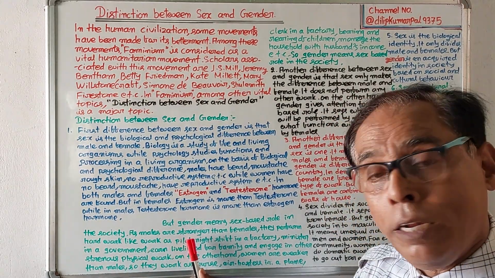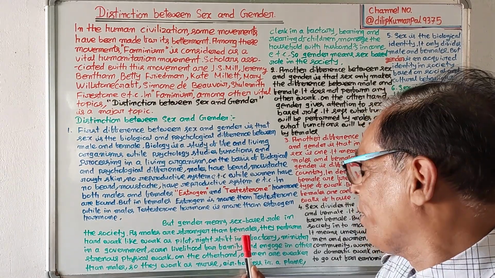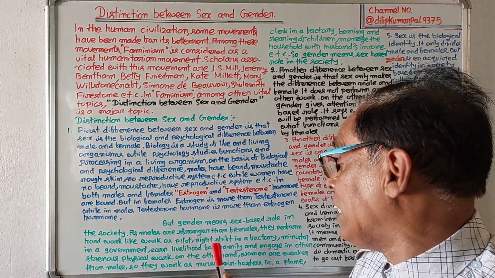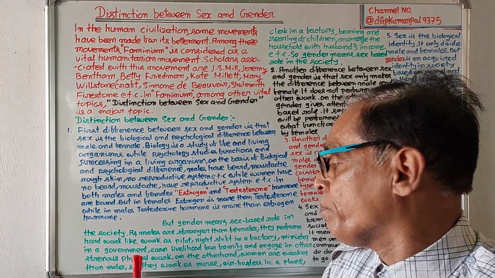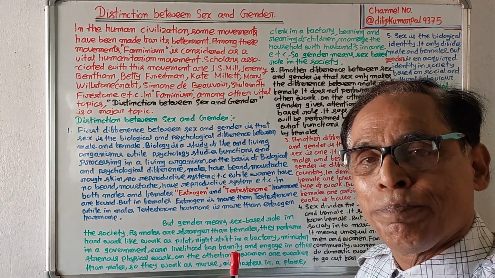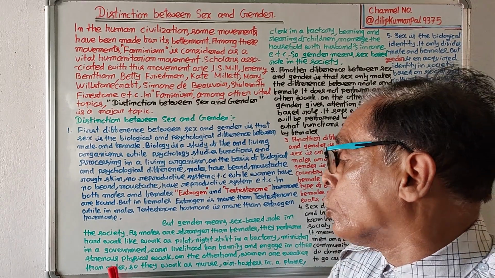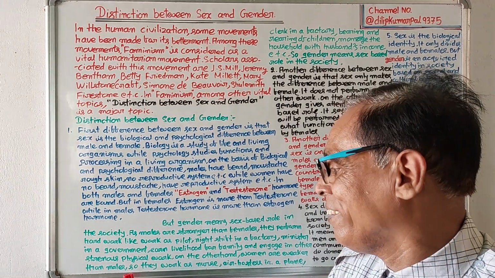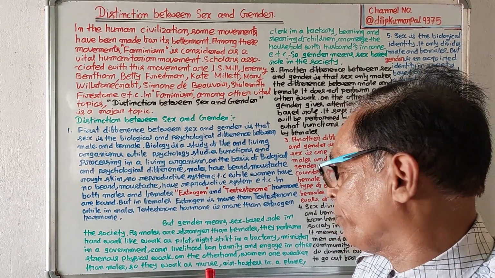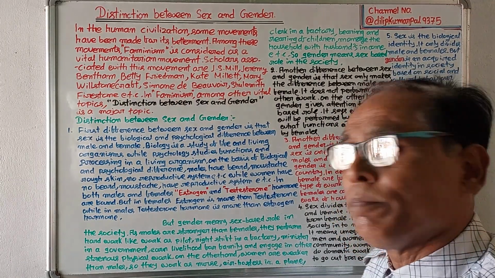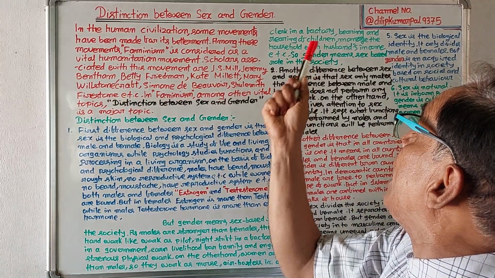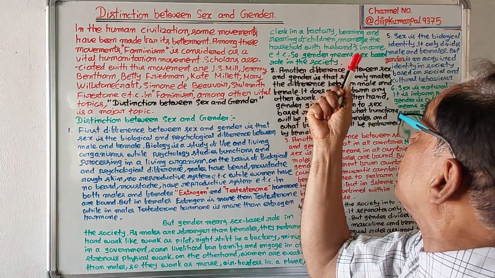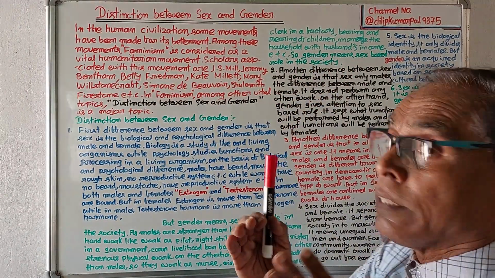As males are stronger than females, they perform hard work like working as a pilot, night shift in a factory, minister in a government, earning a livelihood for the family, and engaging in other strenuous physical work. On the other hand, women are weaker than men, so they work as a nurse, air hostess in a plane, clerk in a factory, bearing and rearing of children, managing the household with the husband's income, etc. So, gender means sex-based role